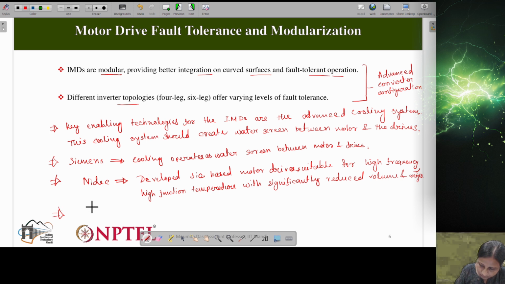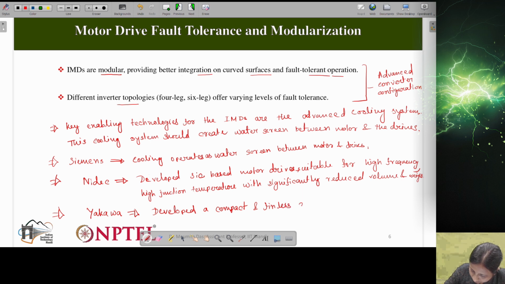Now Yakawa, they have developed a compact and pinless 3 kilowatt gallium nitride based motor drive, which generates much lower losses compared to